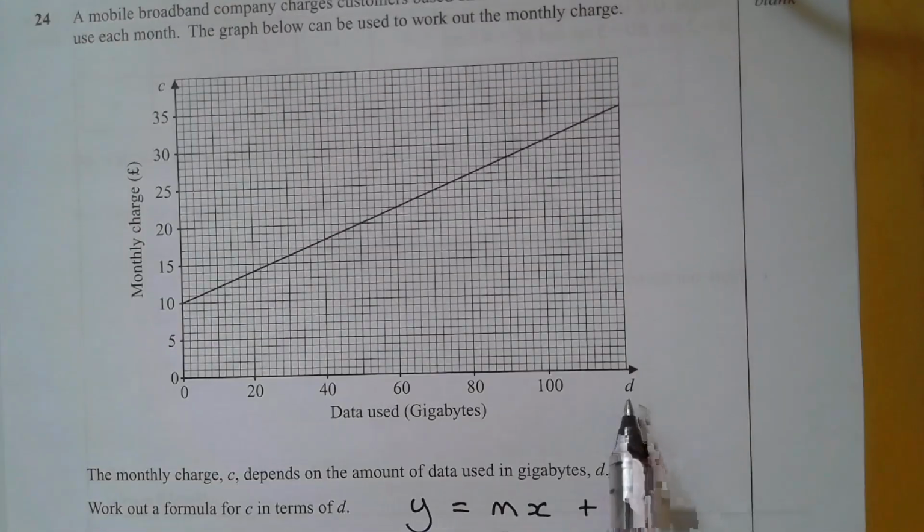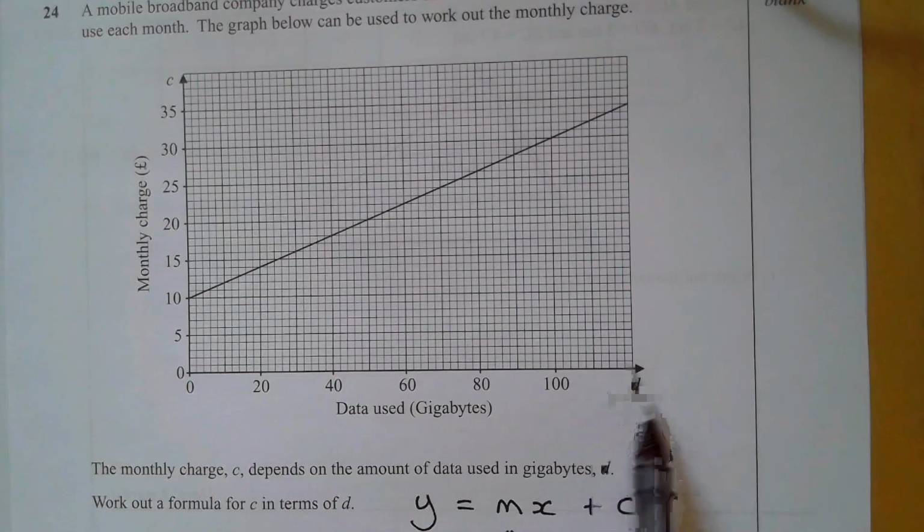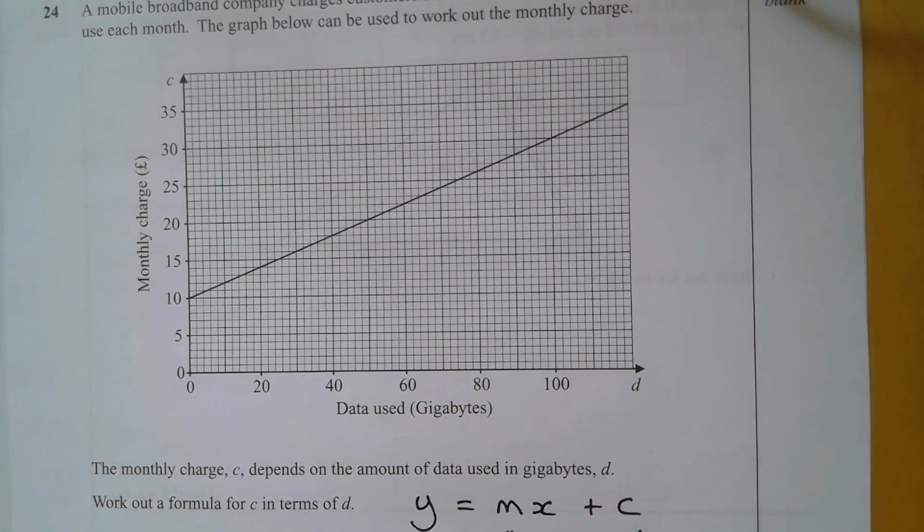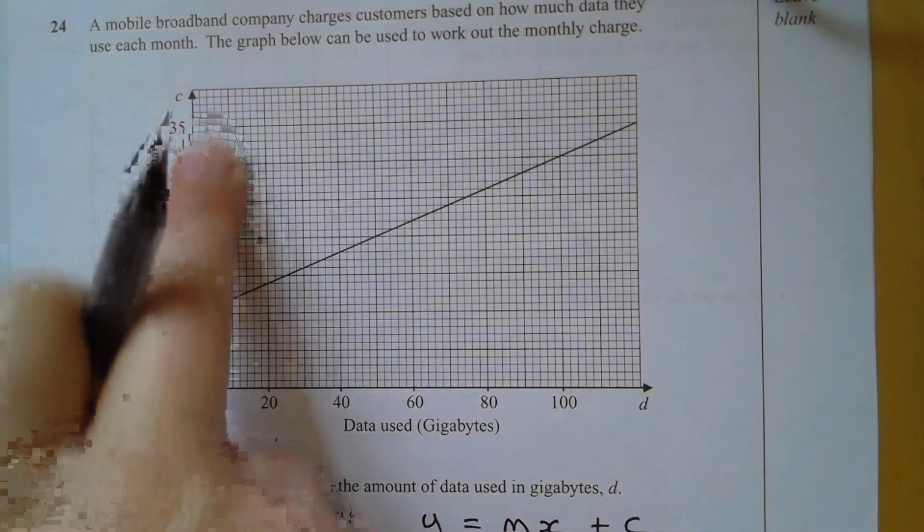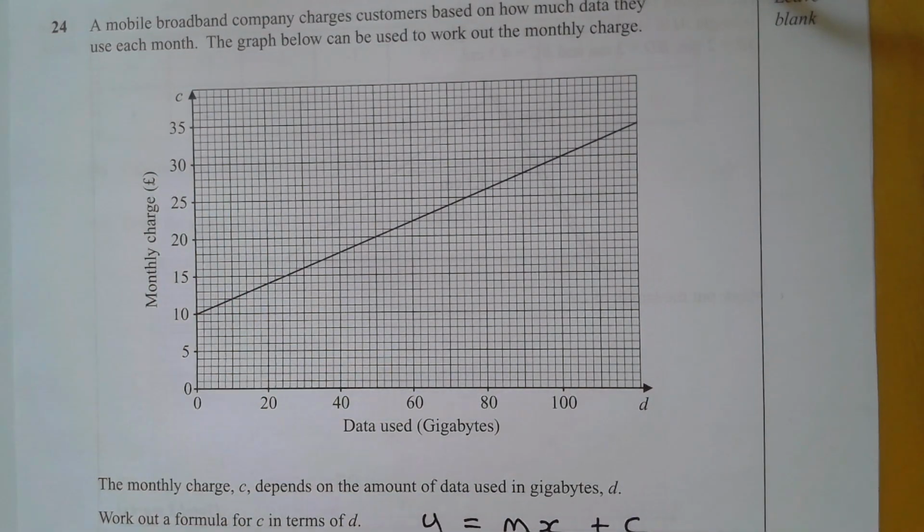Except we don't have a y-axis and an x-axis. Instead of an x-axis we have a d. And instead of a y, oh, that's confusing. Monthly charge here is actually the c-axis, which means we have to call this something else. So to make it, we're going to call it,